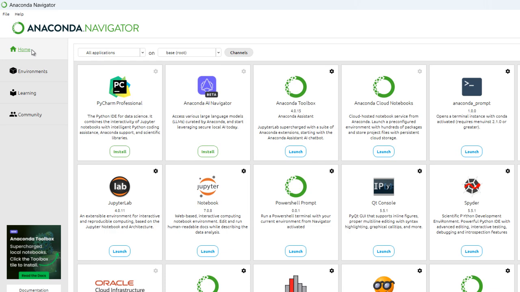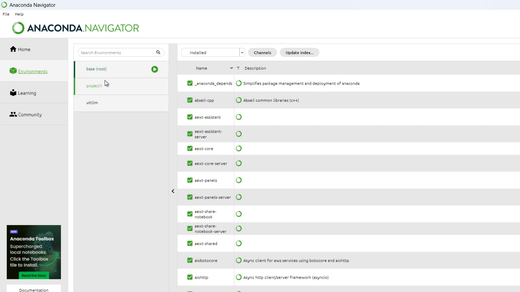As we have created the environment from our Anaconda prompt, now we will check in our Anaconda Navigator whether the environment has been successfully created and is shown here for our working. We will click on this environments button, and as you can see here, a new environment with the name project1 is successfully created. Now if you click on it, you can see the libraries are not installed. So our next step is to install all the important libraries for our